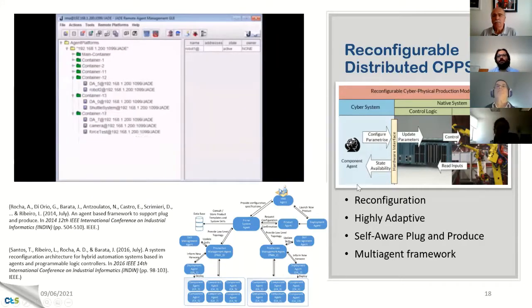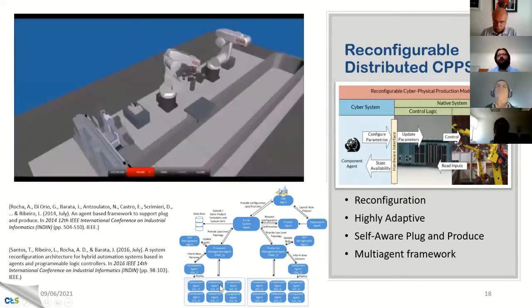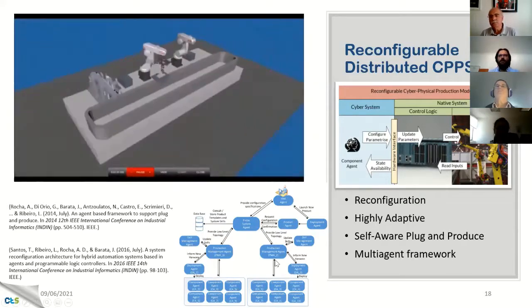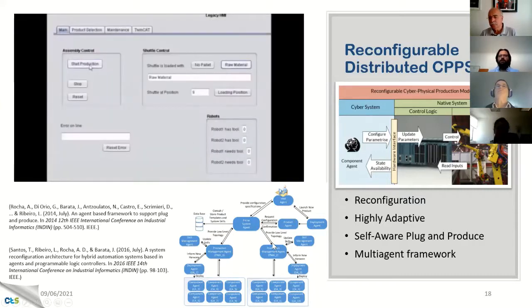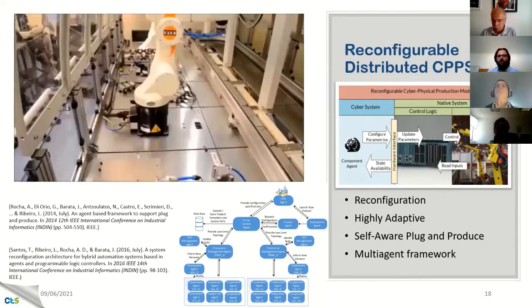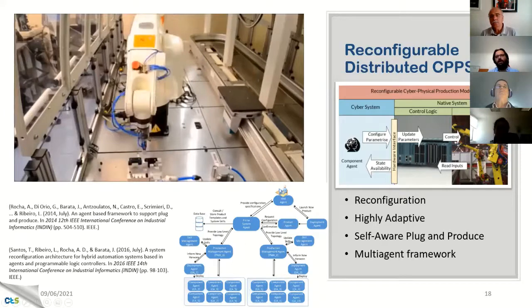The idea, similarly to the other experiment, is that we should have one agent for each resource that we have in our production line, and on top of it we will have all the same interactions in order to understand where the component is plugged, which capabilities are available, which interactions we can perform or not. But instead of controlling the hardware, we are just changing parameters in the control logic that will change the behavior